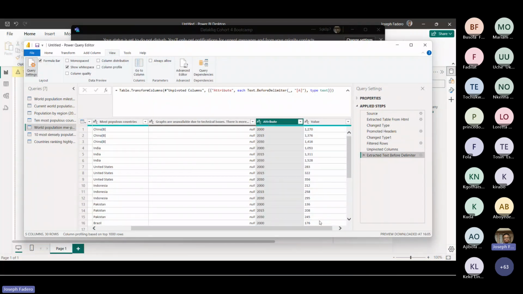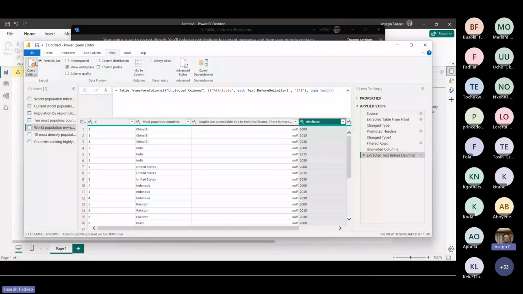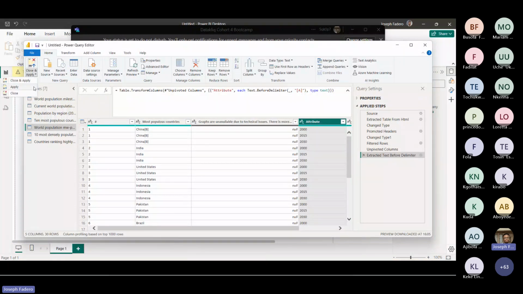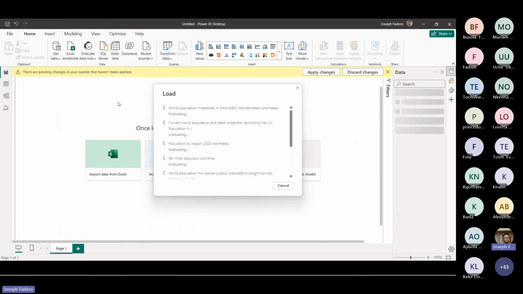So the moment you have your data all well and good, and you are fine with how your data is, you can close and apply, close and apply. Remember, what I've done so far is just a recap of what we know in Power Query. We may touch Power Query in more depth in tomorrow's session, but it's just having a nice recap and for us to see, once we're done bringing in our data, how can we visualize our data? I'm sure that's what most of us are interested in, right?